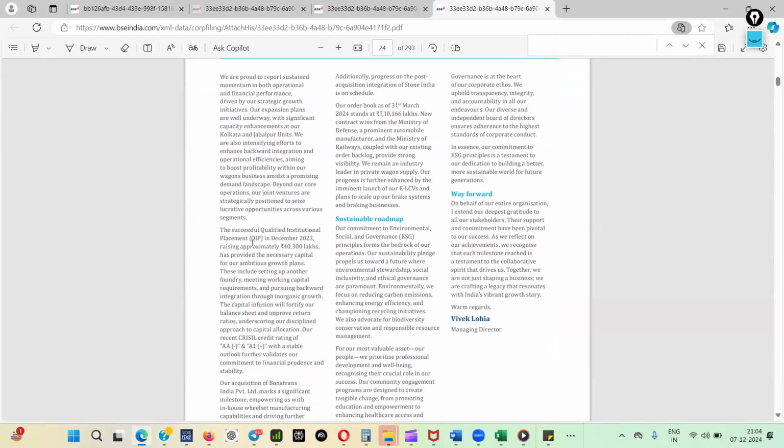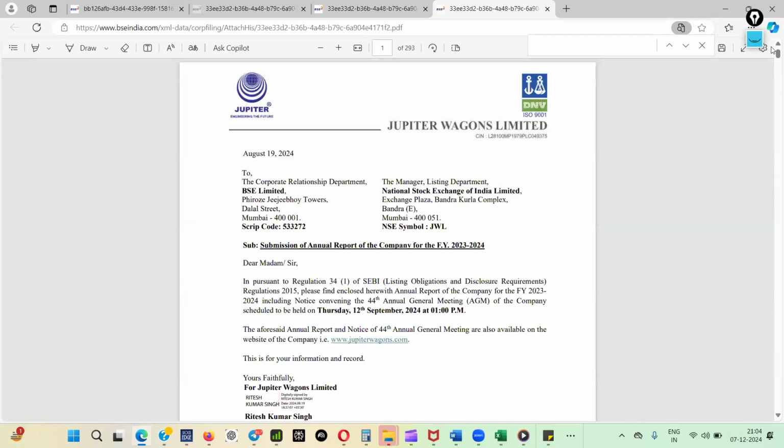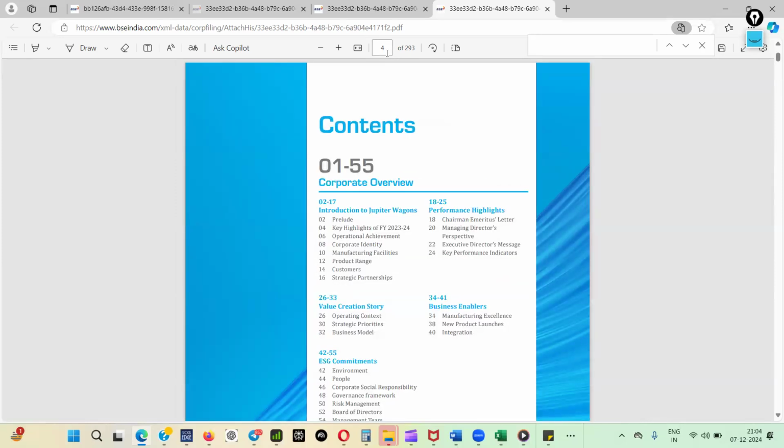So when you go through it, you get to know, okay, Vivek Lohia, this is the person. So now you know the people who are behind the scenes. You're not only looking at a chart; you know, okay, this is the guy in whom I have invested. So you take a much more informed decision. They're talking about credit rating updates, financial information, everything. These are the two sections, chairman's message and management discussion and analysis. This is the main section. Please, as a beginner, start reading. When you are reading, say, Jupiter Wagons, also open Texmaco Rail, also open Titagarh Wagons.